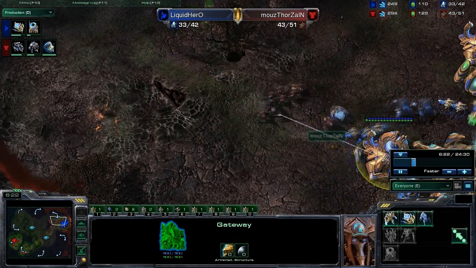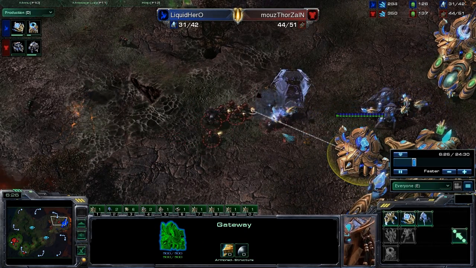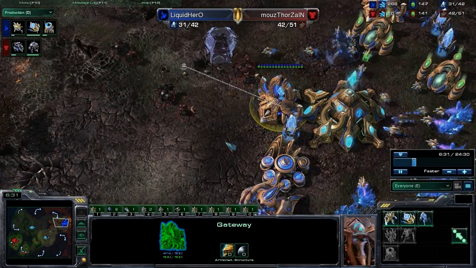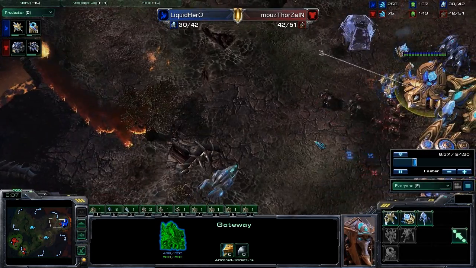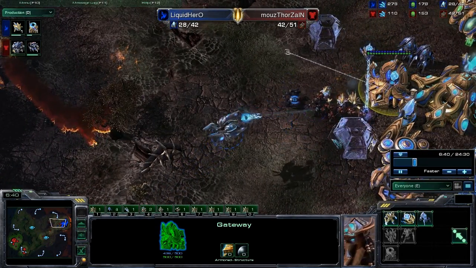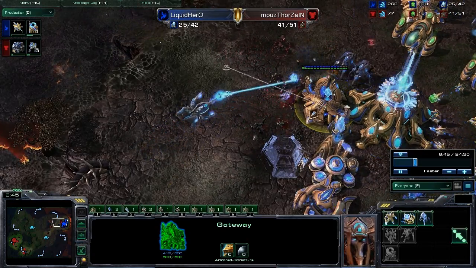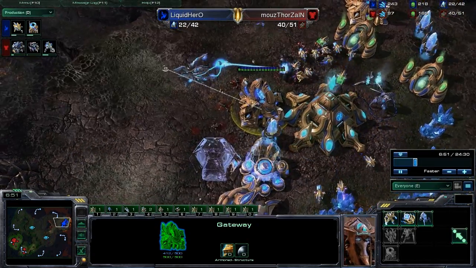But they will get up the ramp, and it looks like it is going to be somewhat of a trouble here for LiquidHerO. The force field goes down, not doing too much there. Pulling some probes out of the way, and we do have the Void Ray coming back to try to see if he can do some damage here. And the Marauders and the Marines doing a ton of damage here, but LiquidHerO is going to be able to hold this